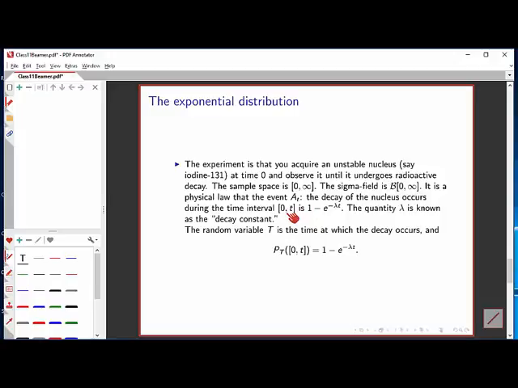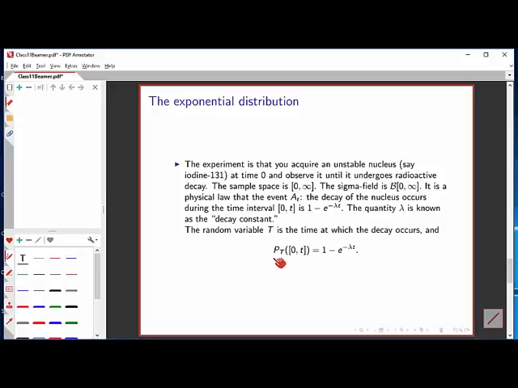The probability that the nucleus will decay within time t of when you start observing it is given by the formula 1 minus e to the minus lambda t, and the quantity in the exponent, lambda, is known as the decay constant. The obvious random variable to associate with this experiment is the time at which the decay actually occurs,